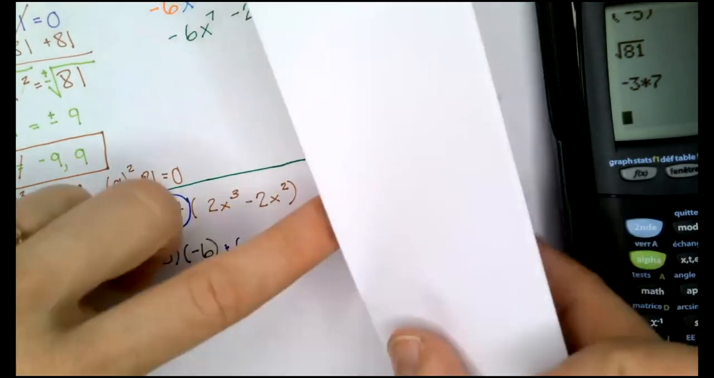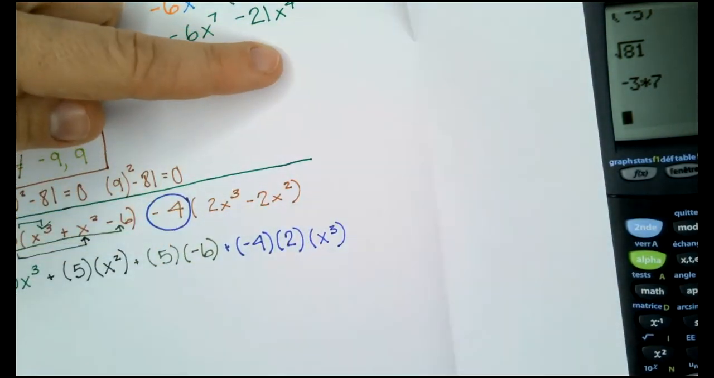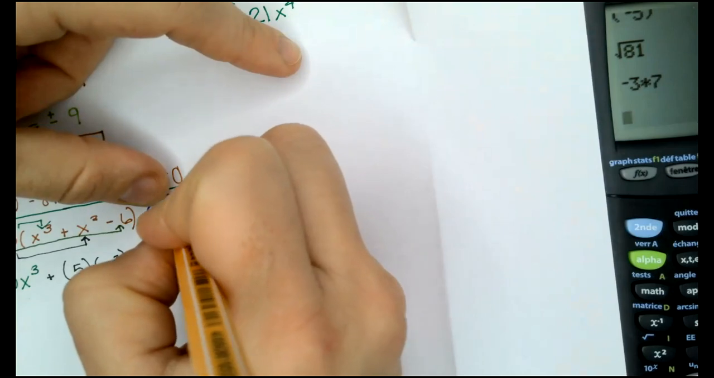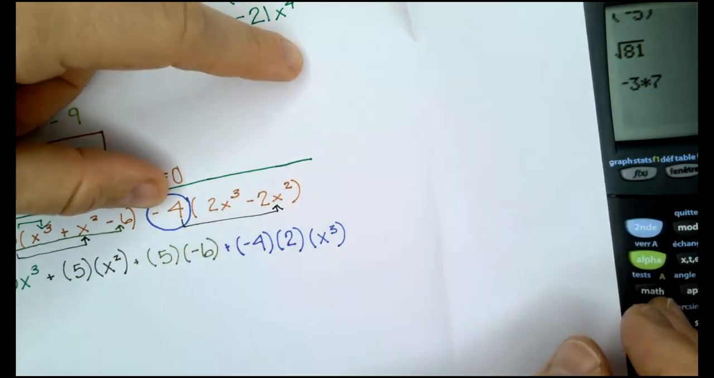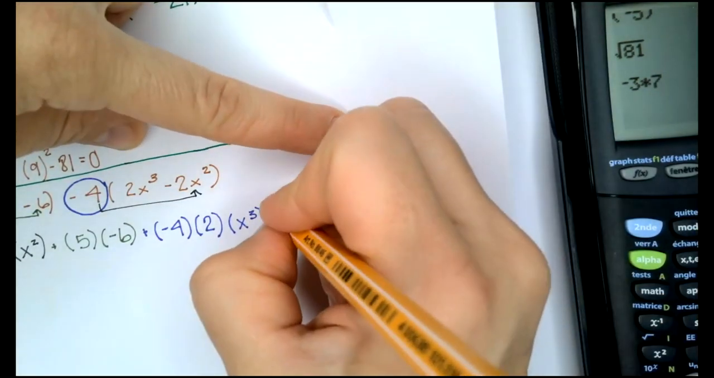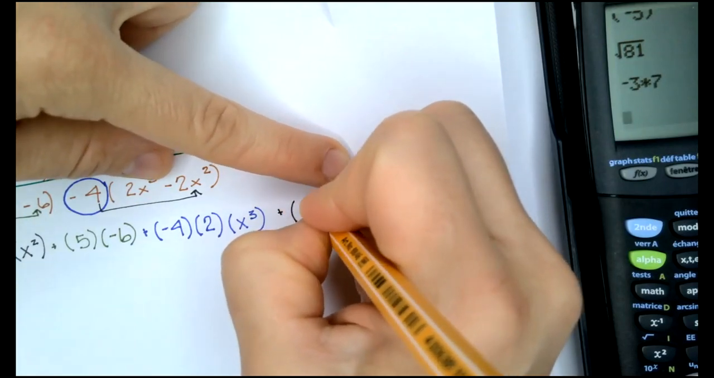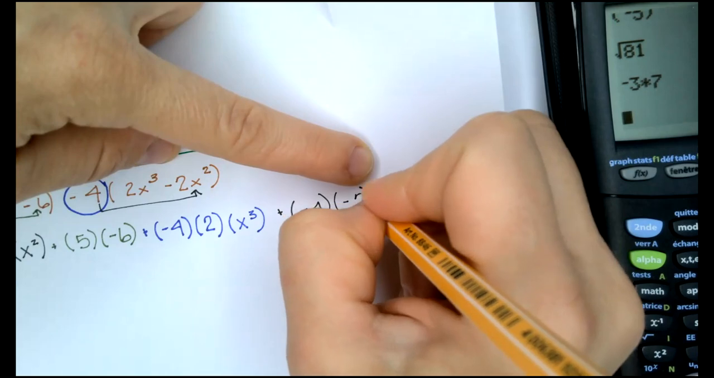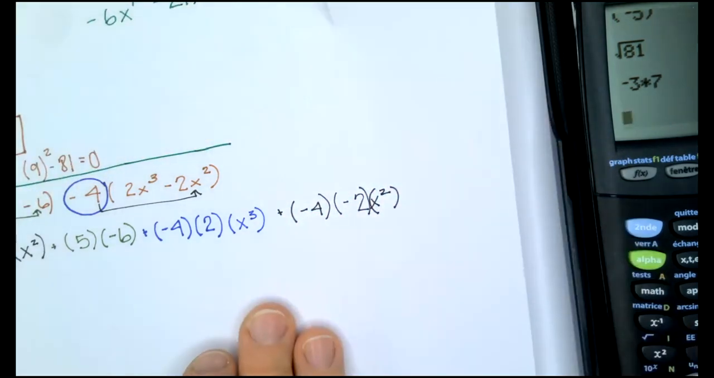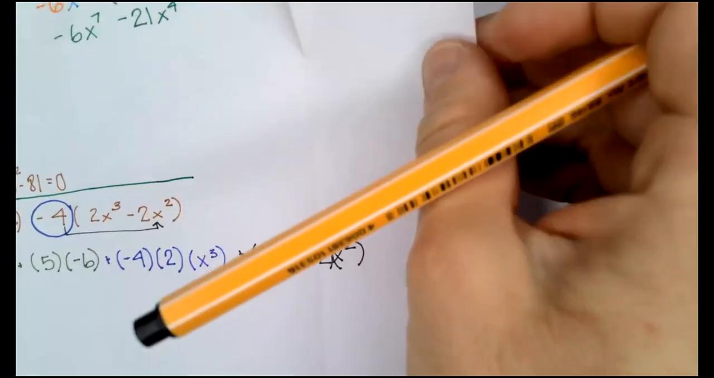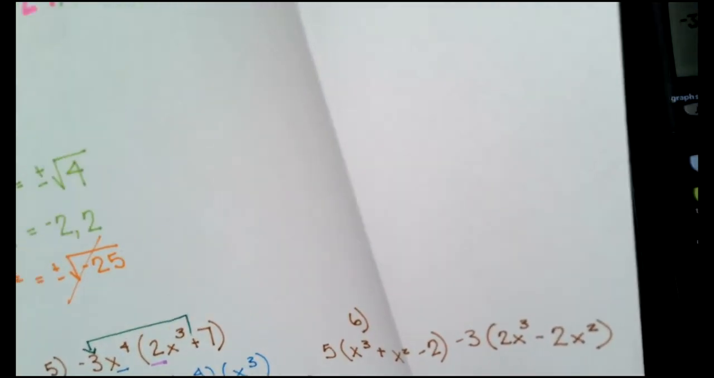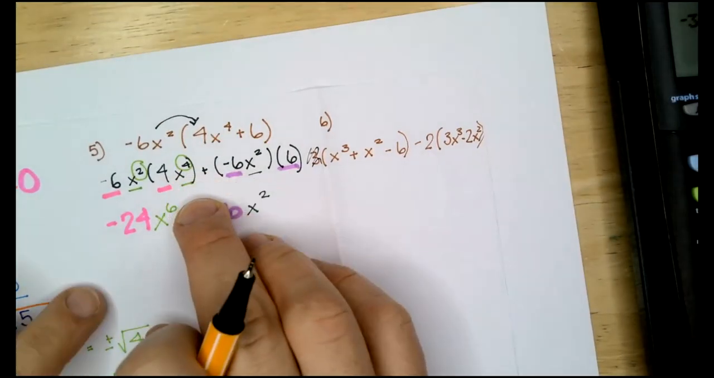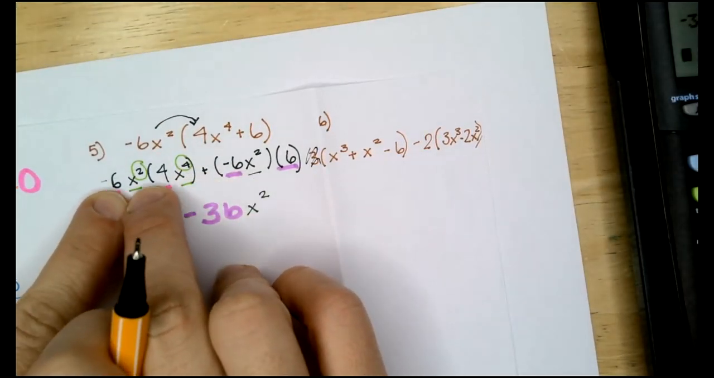Unfold this because of course I'm out of space. Negative 4 times a negative 2x to the fourth, so plus negative 4 times negative 2x squared. Good? Okay. Another thing that I just thought of up here is if you have negative 6x squared, so I